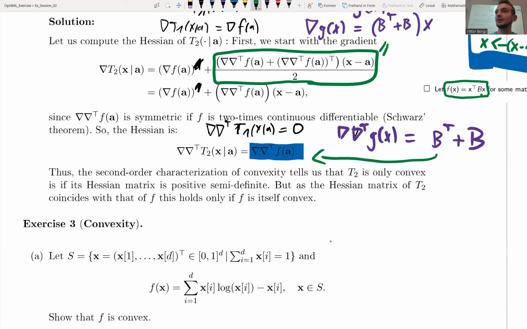But here we have equality between the Hessian matrix of F and the Hessian matrix of the second Taylor approximation. So once the Hessian matrix of F is positive semi-definite at the point A,